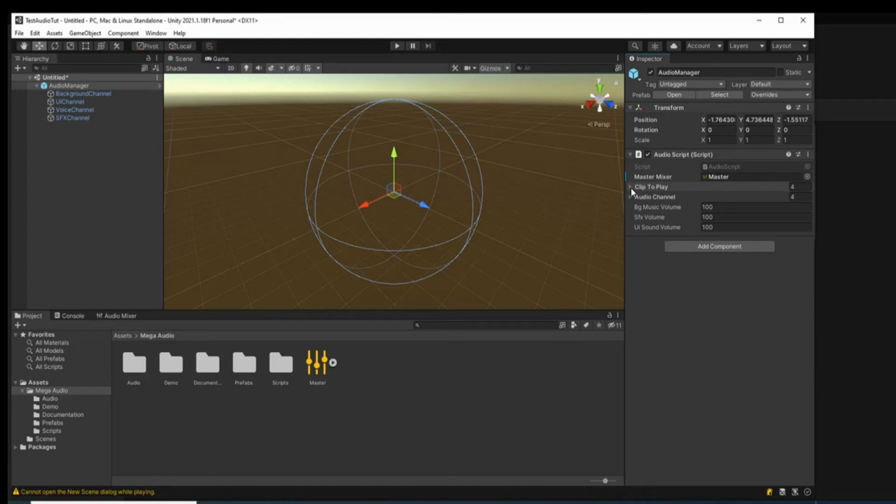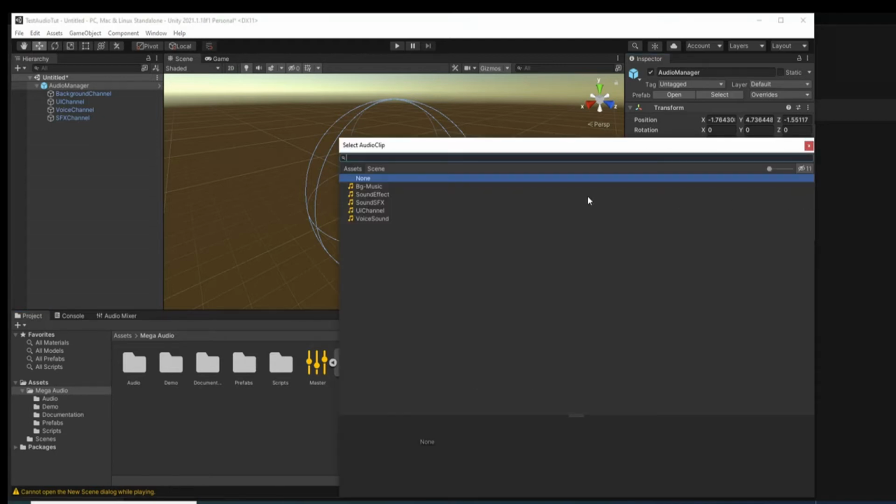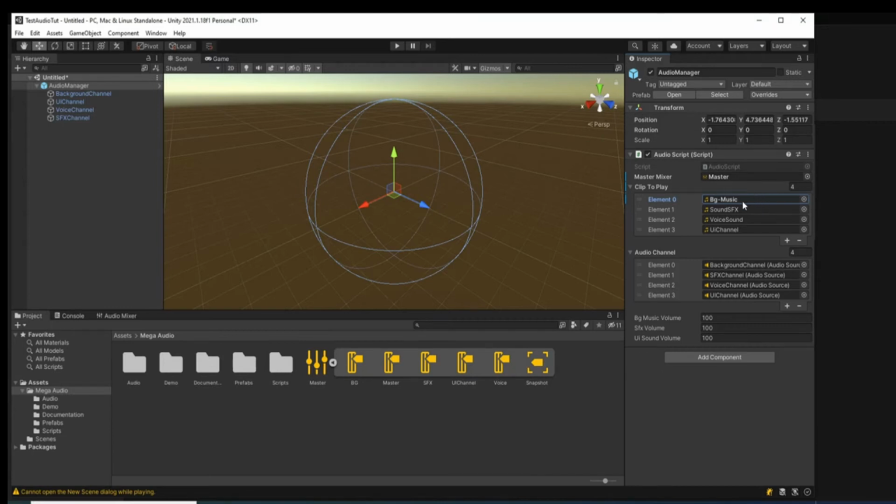And then we got these two little arrows, clip to play and audio channel. The first one, the clip to play, is on our master mixer. So this, again, we need to put in our master mixer. It's got all these channels here. If we open this little tab up, the first one is background music. So we want to put BG into, we can just click on here, put background music in there, because that's